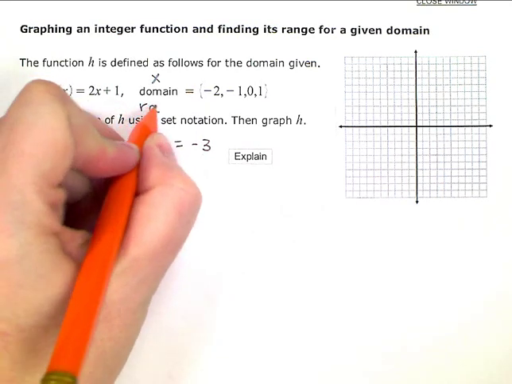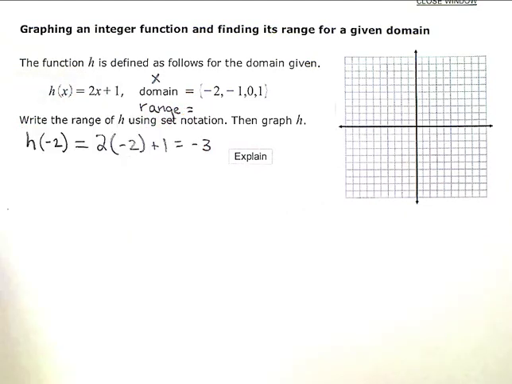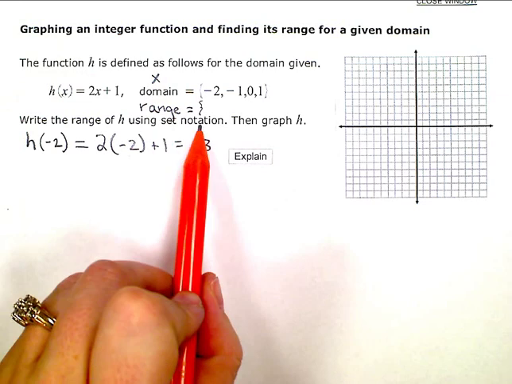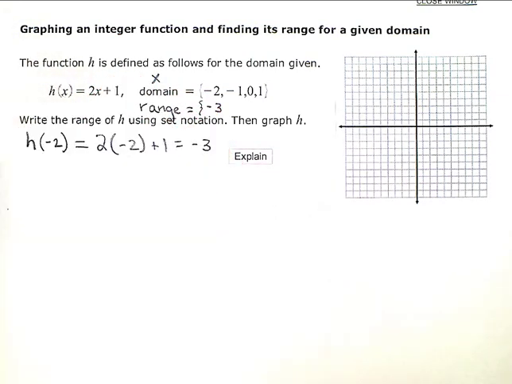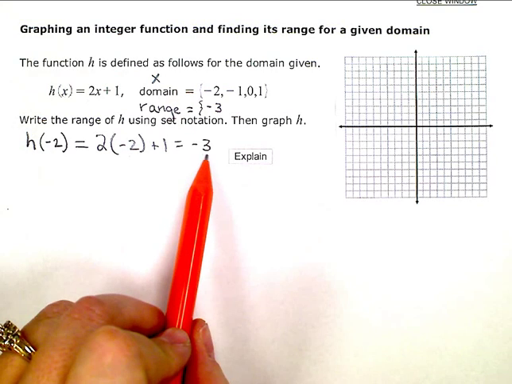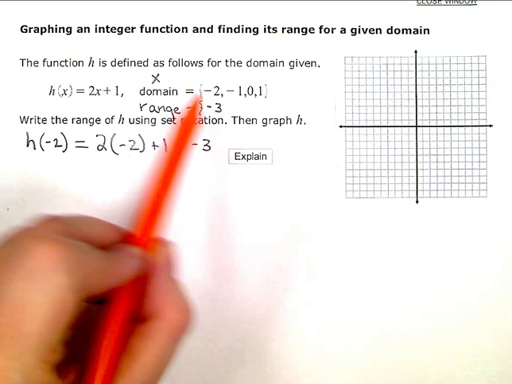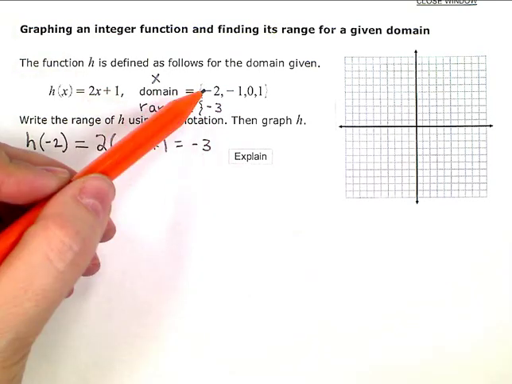And while I'm at it, I'll go ahead and start making my list of the range, and I'm going to use set notation because that's what they asked me for. So my range will have a -3 because that was the output of my function when I substituted in -2 as my input, or my x. Now I'm going to graph the point -2, -3